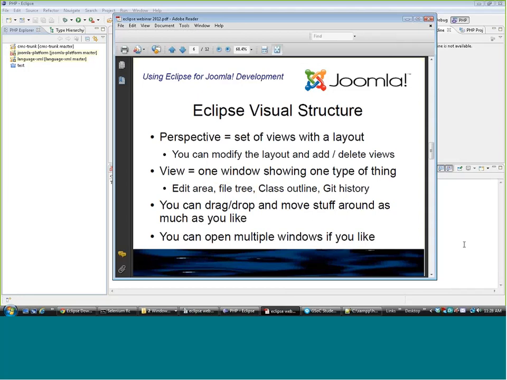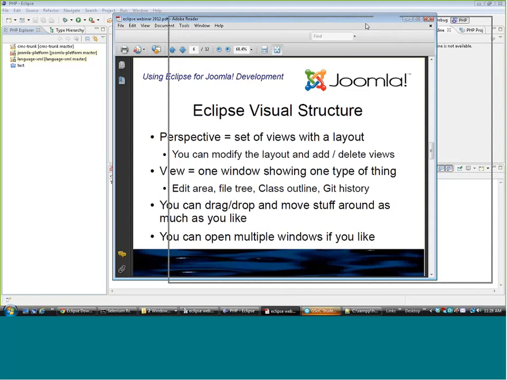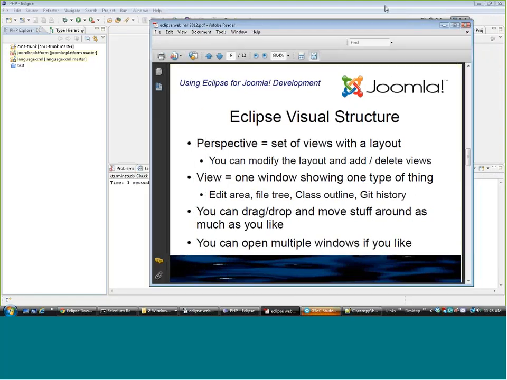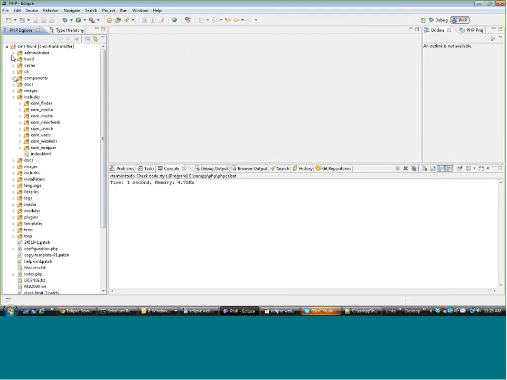When we have Git installed, we have this thing called the Git repositories view, and it has a button here called Clone a Git repository. So the first step that I do if I'm going to create a new project is do the clone, and then it asks you for a URL. I just did this for another one, so it's got that URL in there, but I don't want that one. I got to go back to GitHub,